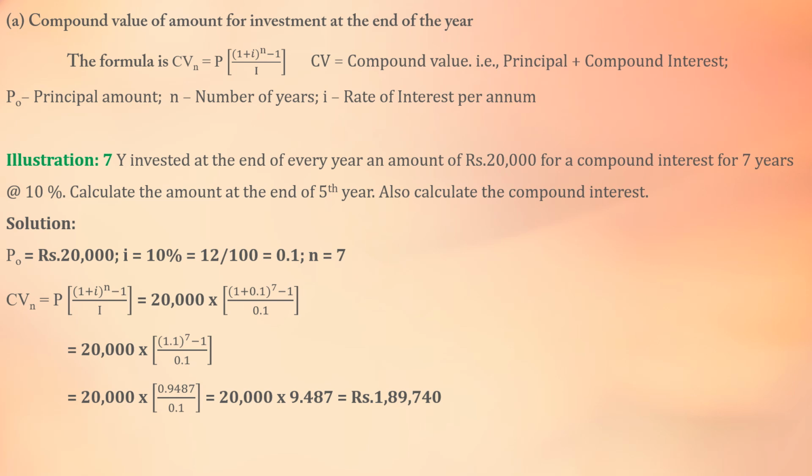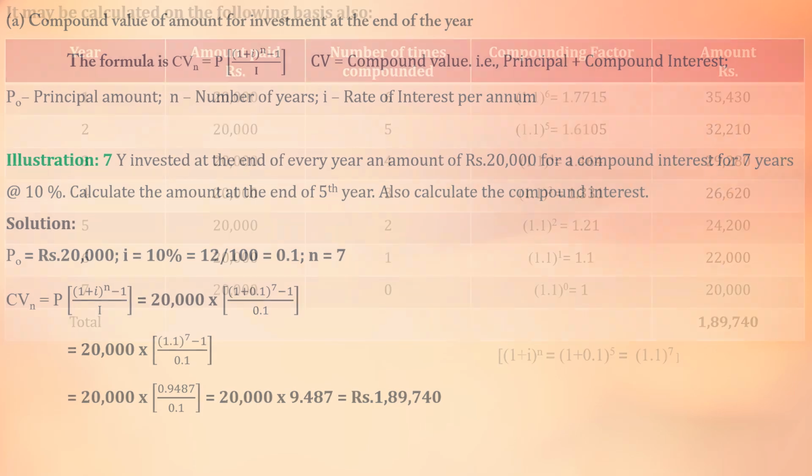Illustration 7. Y invested at the end of every year an amount of 20,000 rupees for compound interest for 7 years at 10%. Calculate the amount at the end of the 5th year. Also calculate the compound interest. Solution. P0 equals 20,000 rupees, I equals 10% equals 10/100 equals 0.1, N equals 7. CVN equals 1 rupee,